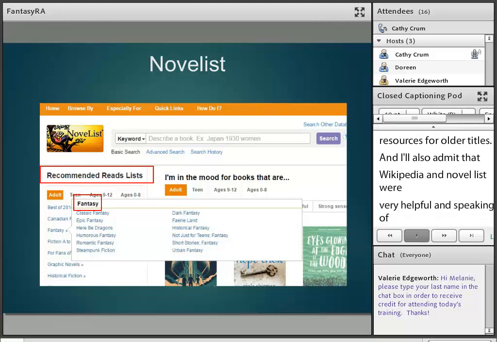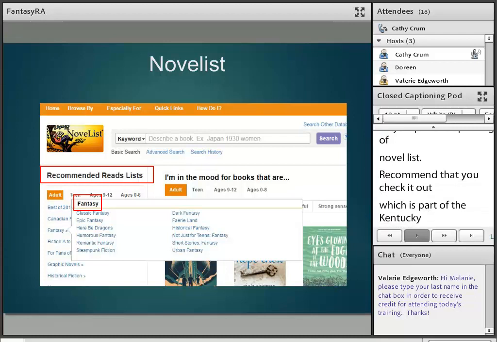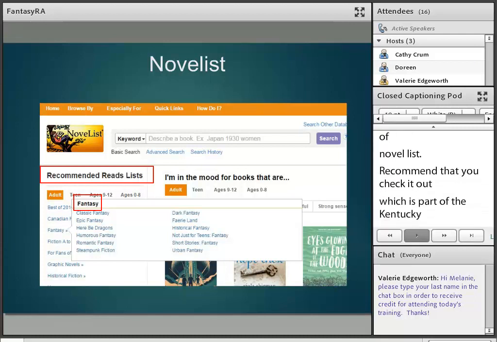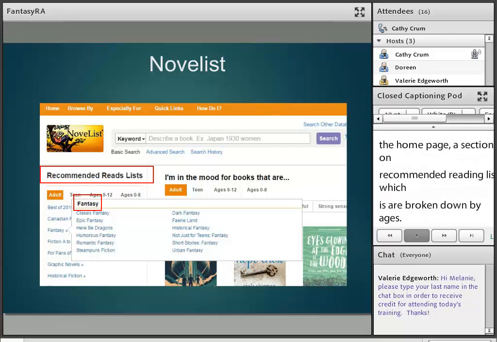The last resource, Genre Reflecting, is up to, I think, 7 editions now. And the older editions would be great resources for older titles. Okay. I will also admit that Wikipedia and Novelist were very helpful in the creation of this webinar. And speaking of Novelist,